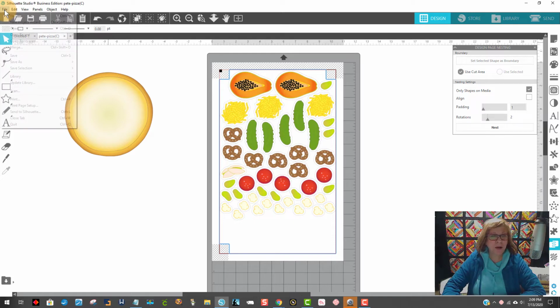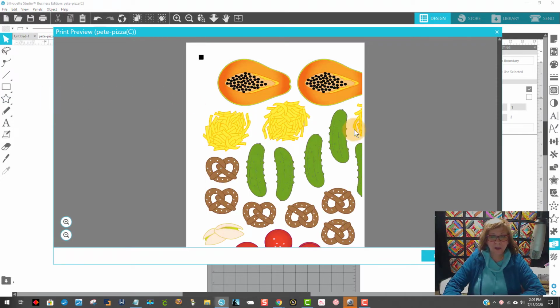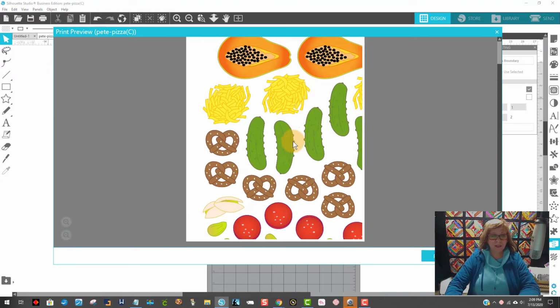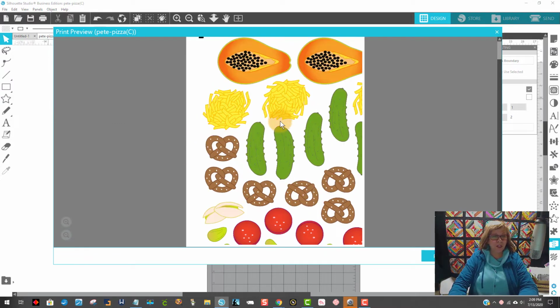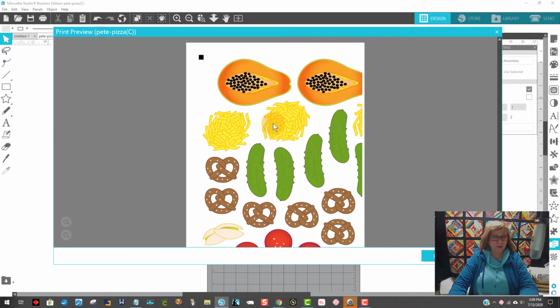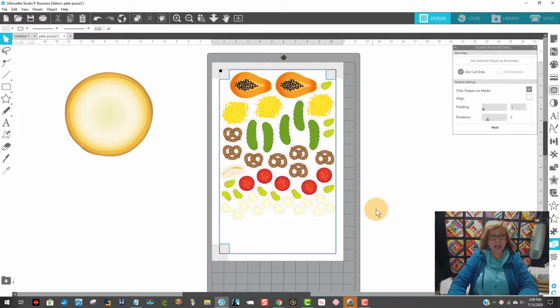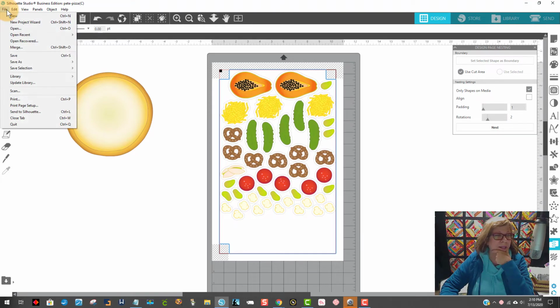So I'm going to go to File, Print. Okay, look what's here. This is important. Look at your print preview. Have you changed the preferences that you need for your paper? I need to cancel this because that was still showing up, I think 8.5 by 11 paper, and I'm using 17 by 11. So I need to go to File,